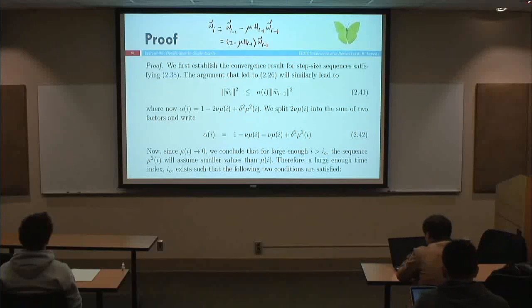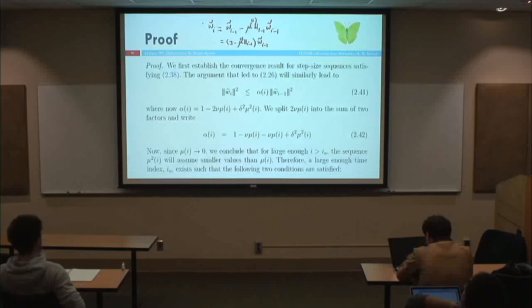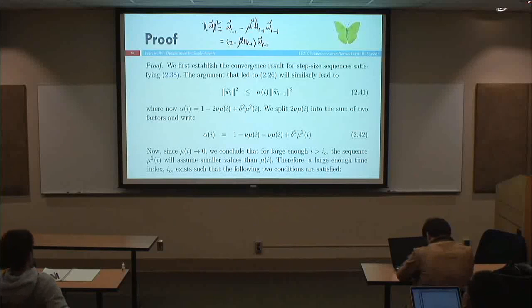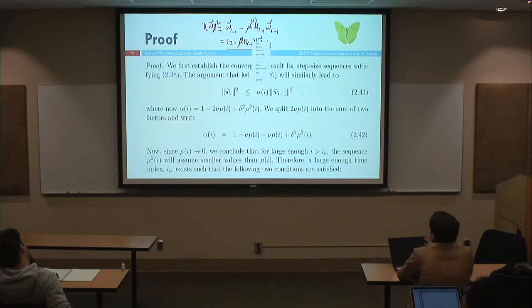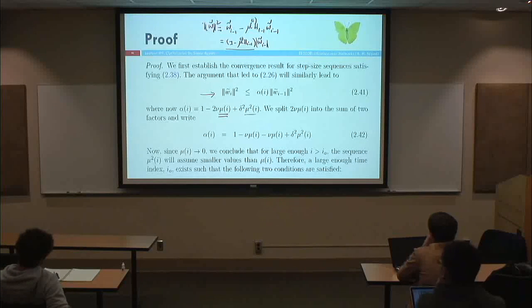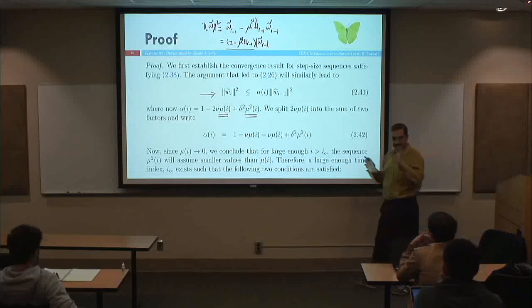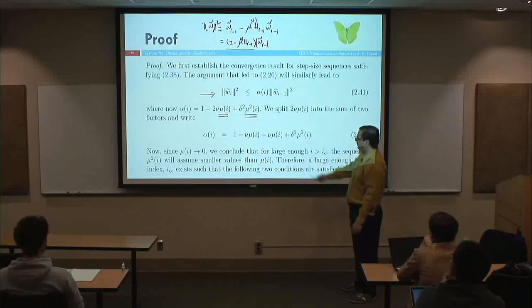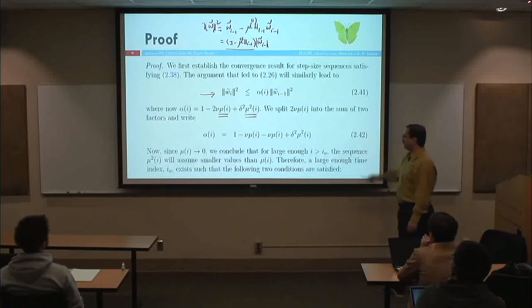And then I computed the norms. So now the only difference is that this mu will be mu of i, this mu will be mu of i. And then I bounded the norm of this squared by some alpha times the norm of this squared, right? The same thing will happen here, except that now in the expression for alpha, it will be mu of i that will appear there, right? That's the only difference. The decaying step size will appear there. So this is the expression for alpha,